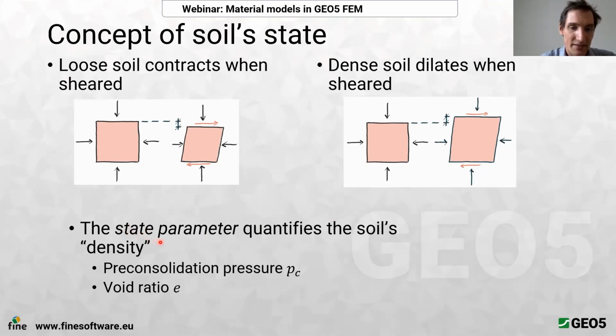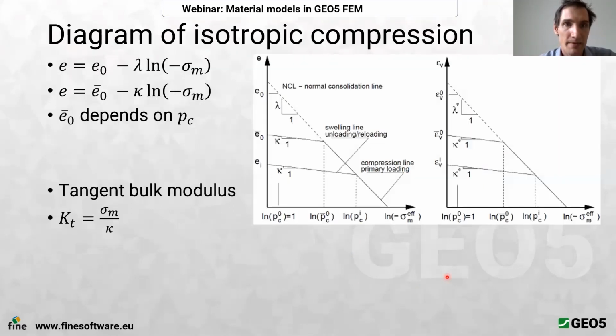And we have some material parameters, and we have some parameter that can evolve during the straining, which is the so-called state parameter, which is not a constant. And this can be either a preconsolidation pressure or a void ratio of the soil. So we have some parameter that will evolve not only with stress, but also this state parameter. These 2 models are